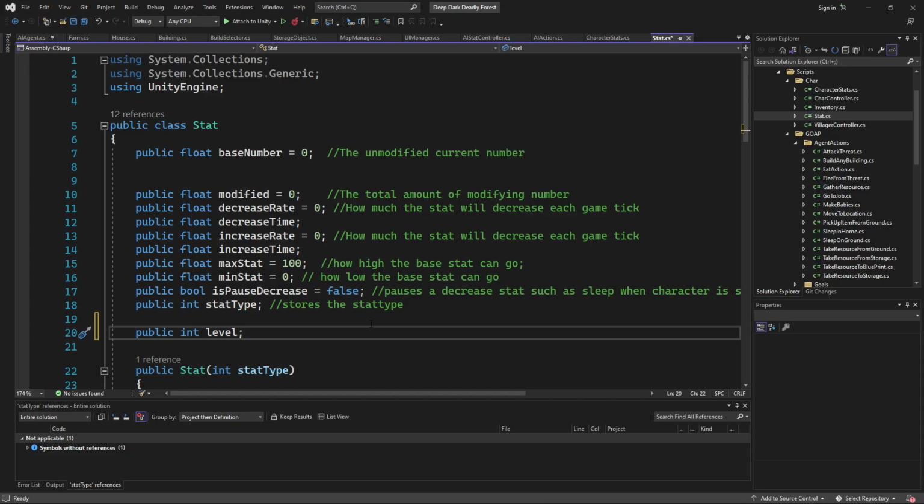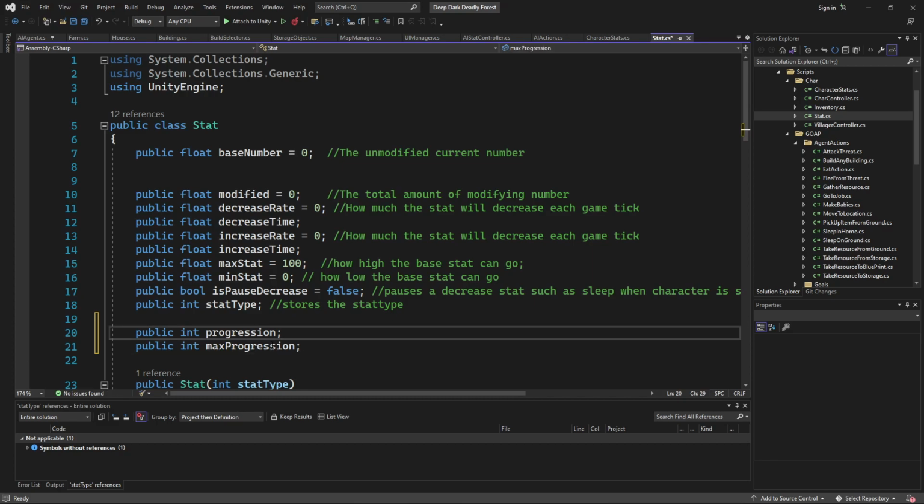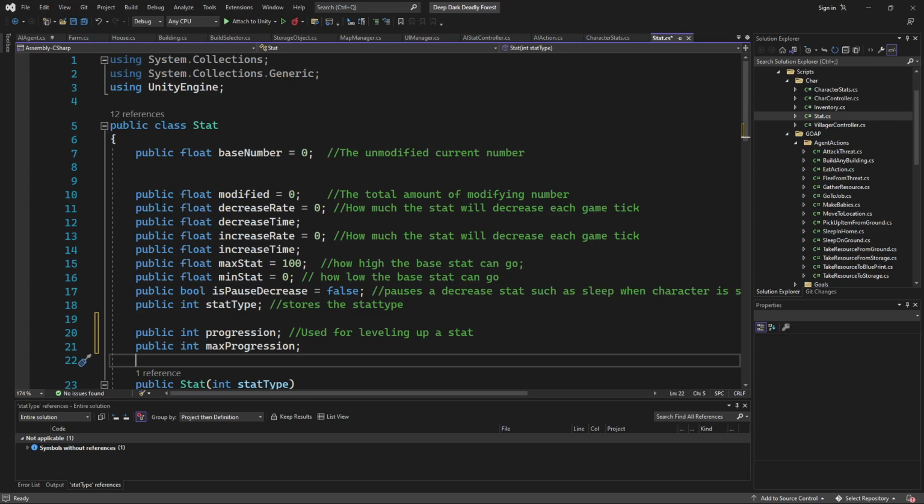Which means I could do this in two ways. Maybe we want to say progression level, and then maybe public int max progression. All right, used for leveling up a stat. So then what it'll do is